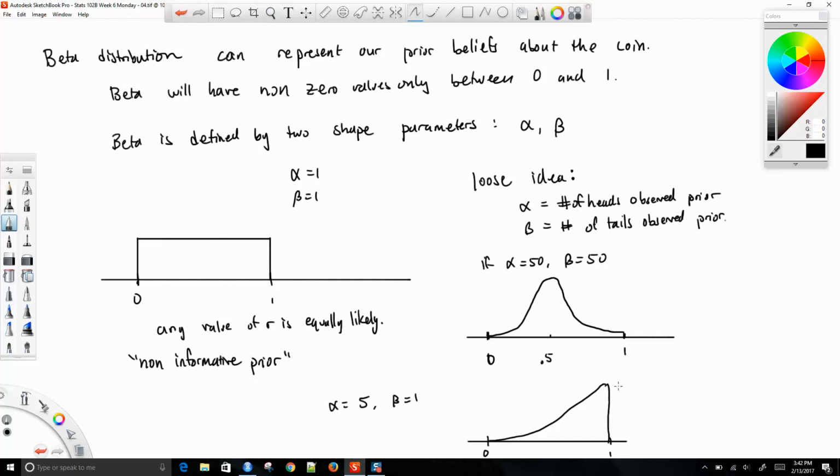There's a nice algebraic property of the beta distribution and the binomial distribution working together, and so we say that the beta is the conjugate prior for the binomial. Okay, and I guess maybe I'll have to define that a little more clearly. It just means that when you use the beta distribution as the prior and you do the multiplication here,